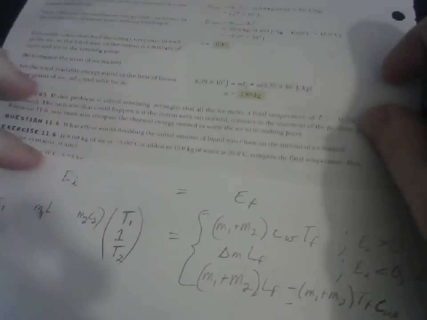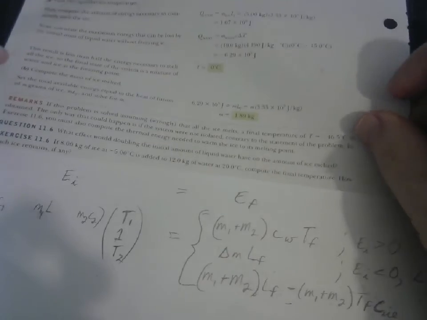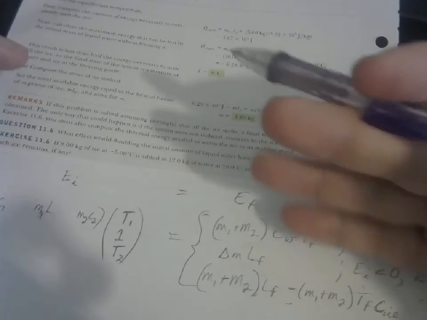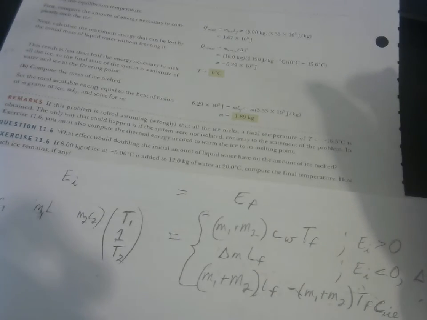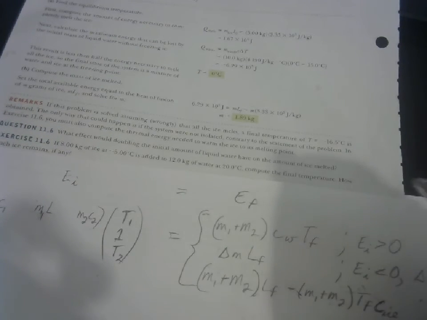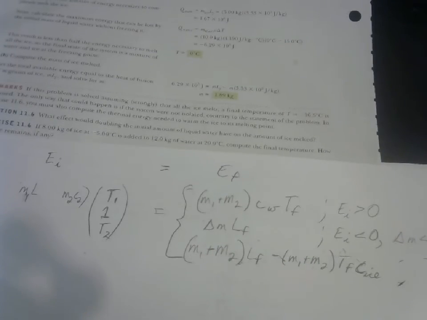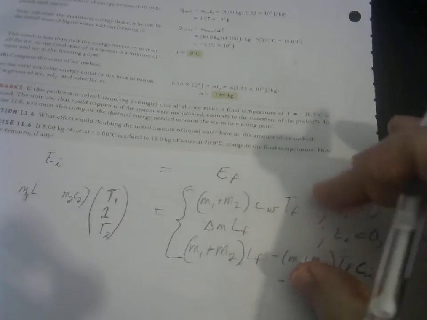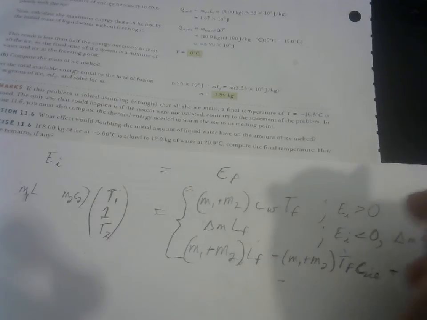I think, though, now that I'm looking at it, I think this equation with all its conditionality is more robust than working with the changes in heat, or the heats of the ice equal negative heat of the water. Energy initial equals energy final. Though this over here looks really, really complicated, this is a little bit more robust of a version